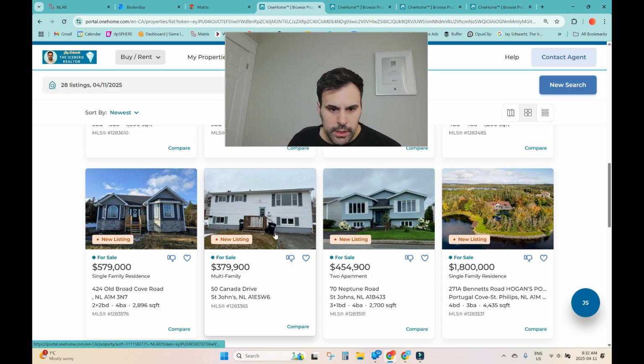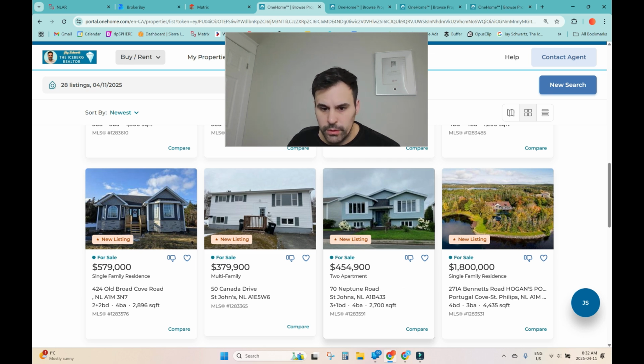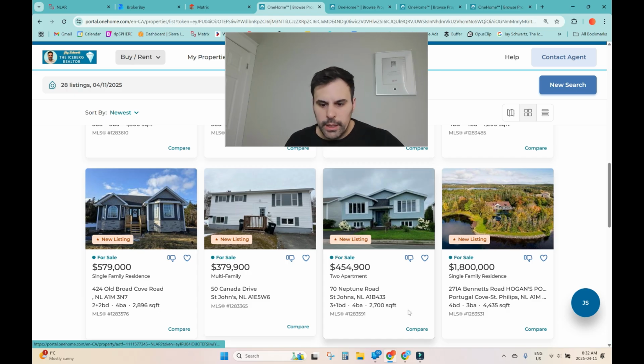I think that is a pure investment property, and I think that will definitely sell over asking. It'll go north of $400,000 for sure. Depending on the condition, will be a bit of a variable on how far it goes, but definitely going to sell. And then we have 70 Neptune Road, a 4-bedroom, 4 bath, 2,700 square foot, 2 apartment home for $454,900. So just looking at that there,